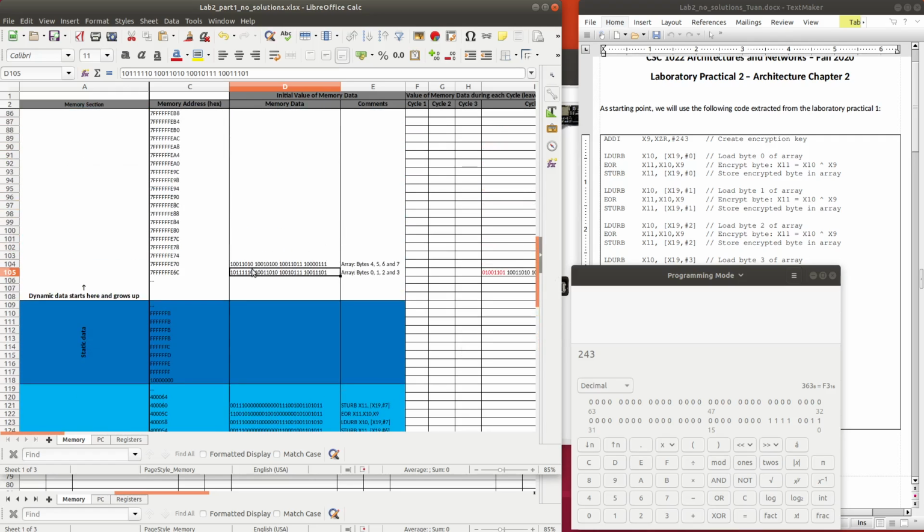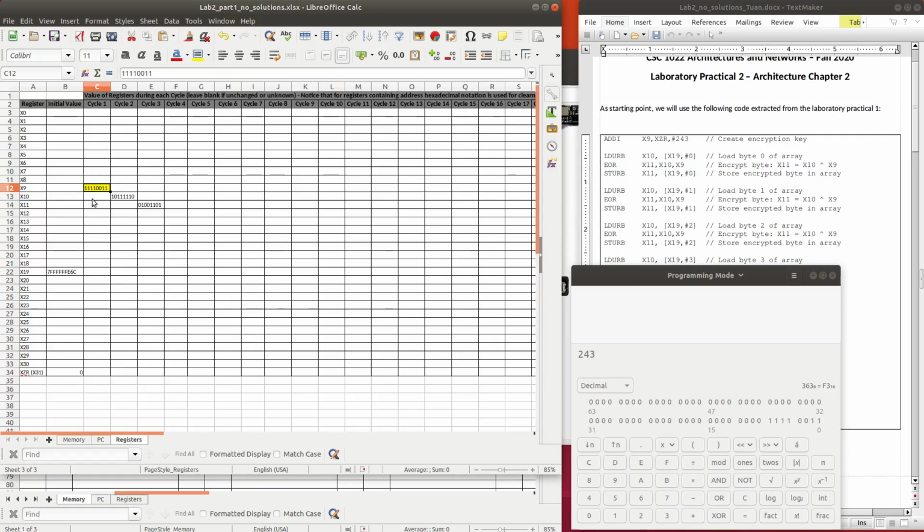So the first byte will be this, 1011 1110. So that value will be loaded into x10. It is 1011 and then 1110 in circle 2. This value will be available inside x10.